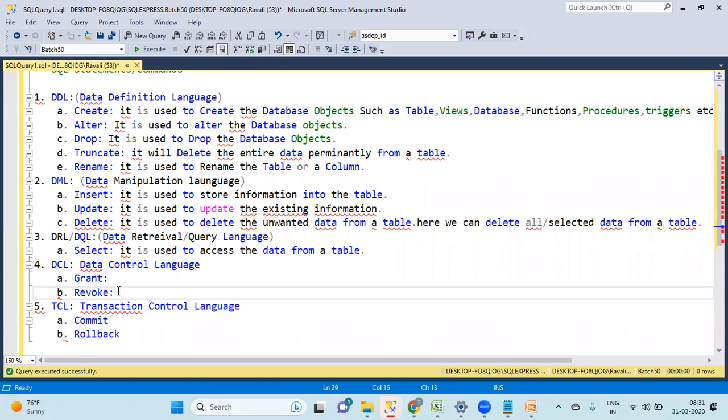And revoke. See guys, here I'm not showing you anything about grant and revoke because this is not a developer task at all. This is a task of DBAs. You are not even SQL developers, but you are learning SQL for Talend. So you might not need grant and revoke. Okay, but I'm just explaining what grant will do and what revoke will do. Grant is used to provide access to the user, granting a permission